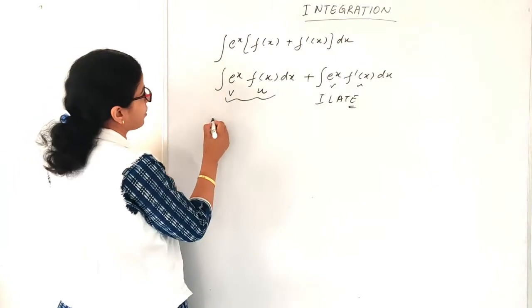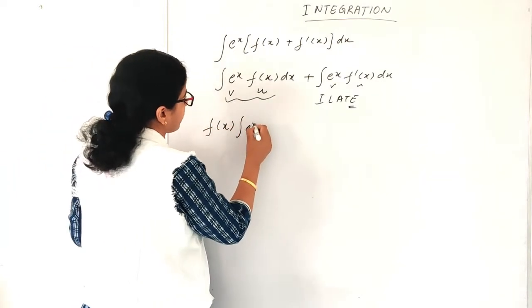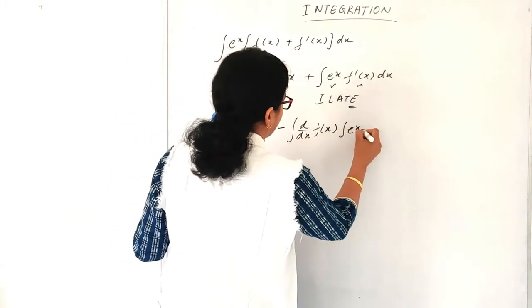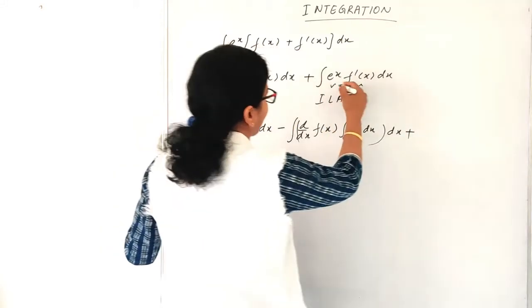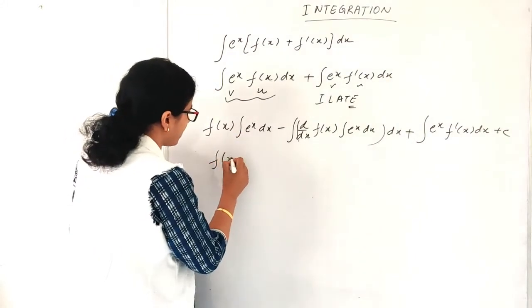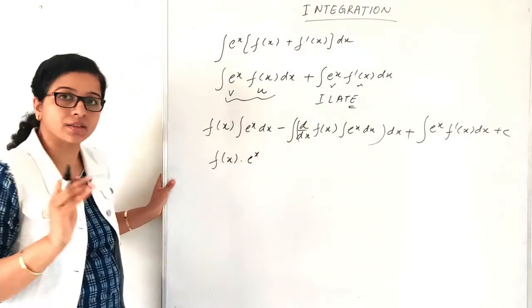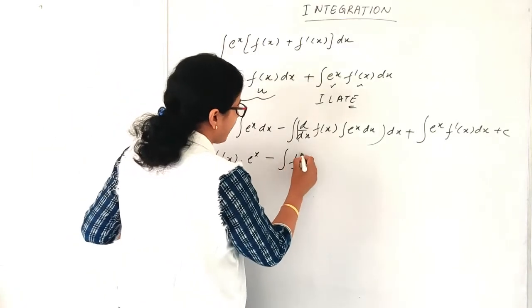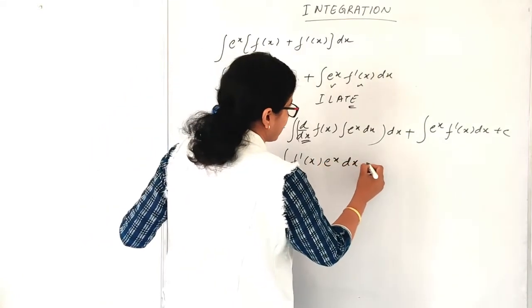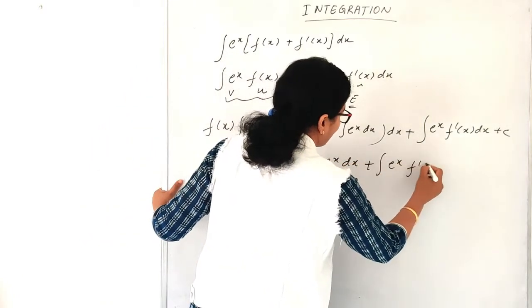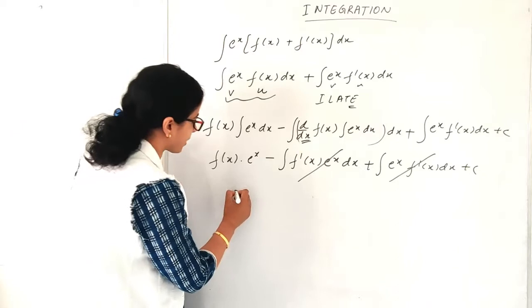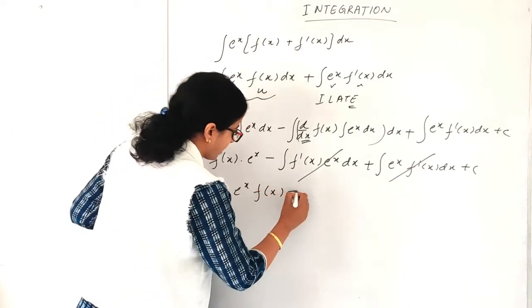Okay. So what we are going to do, we'll write f(x) as it is, times integration of e^x dx, minus integration of the differential of f(x) times integration of e^x dx whole, plus the second integrand which contains f dash x as it is, plus c. Now pay attention here, what I am getting: f(x) times integration of e to the power x, which is e to the power x, minus integrand f dash x e^x dx, plus e^x f dash x dx plus c. So I can cancel out this and this, right? So what is my required answer? e raised to the power x f(x) plus c.